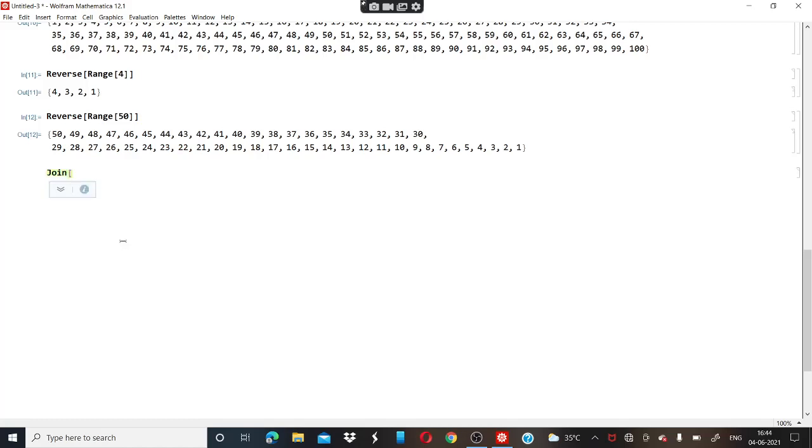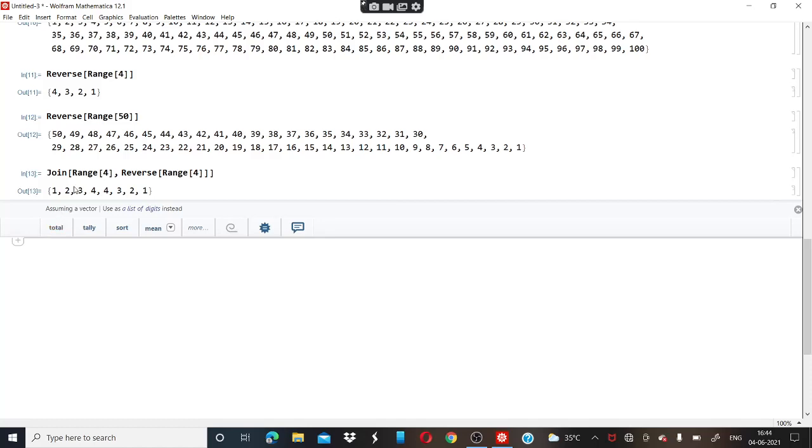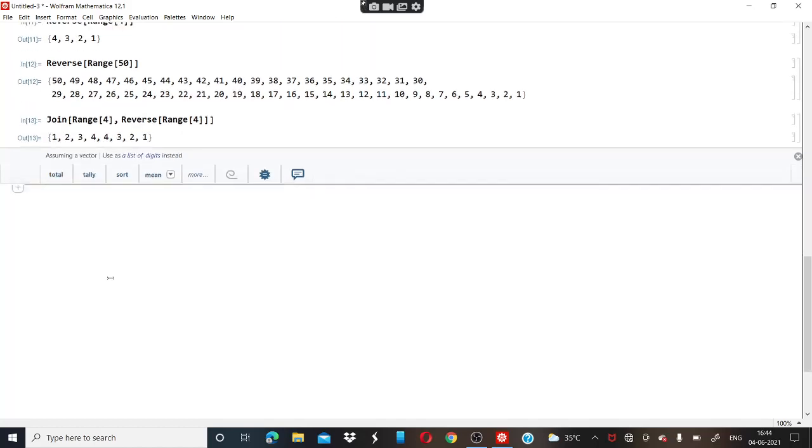First we have range, so we will write range and give it 4, then a comma, and after that we want its reverse. So we will write reverse, then bracket, then range, again bracket 4, then we will close all the brackets, press Shift and Enter, and now you can see 1 2 3 4 and 4 3 2 1. We have joined both the collections.